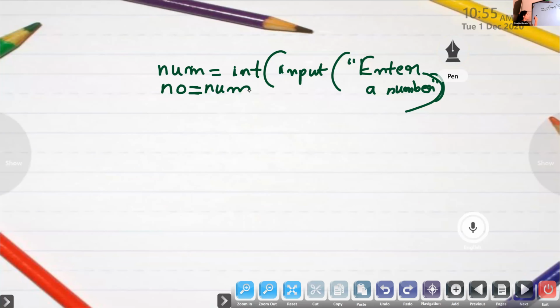Now, we need values to be initialized to find the reverse. So whatever reverse value we are finding, we will say reverse is equal to 0. After executing the entire code, NO will have the original number. The variable reverse will have the value of its reverse. So what is the purpose of the reverse variable? In order to find the reverse. The reverse will be saved in this variable. That is a meaningful name I have given here.